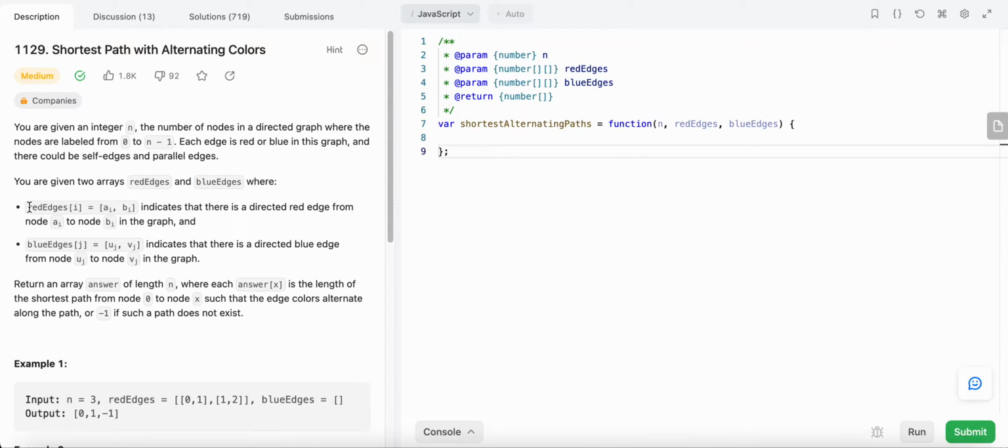The element at index i in red edges is an array of length 2, and that would represent an edge from node A to node B at index i, and the color of the edge would be red. Similarly in the case of blue, each element would represent a blue edge from node U to node V. Now that we know the problem,